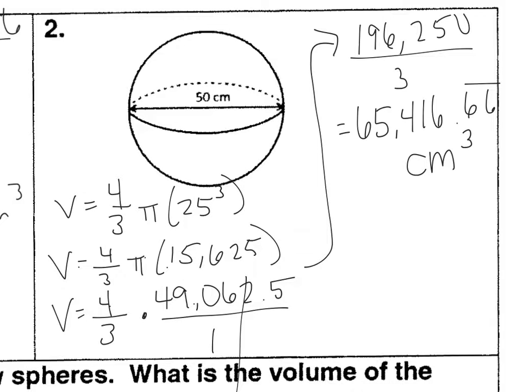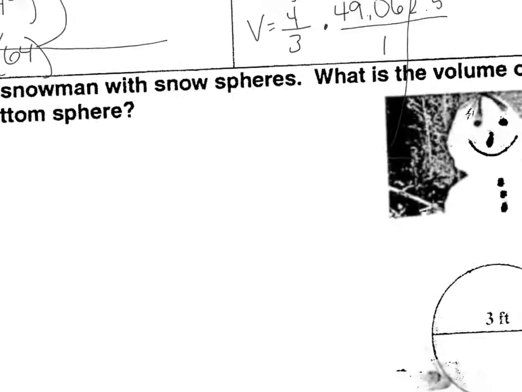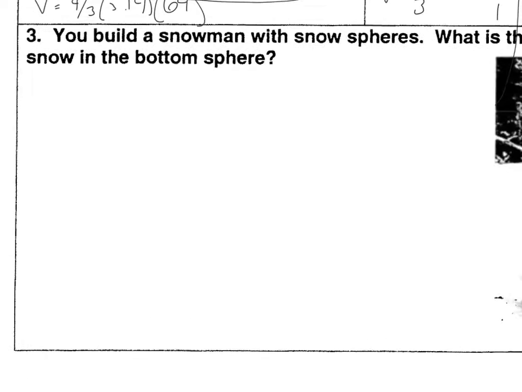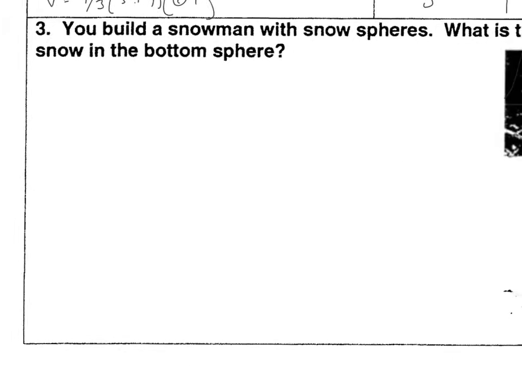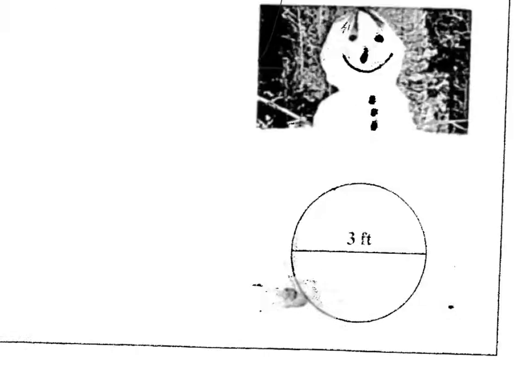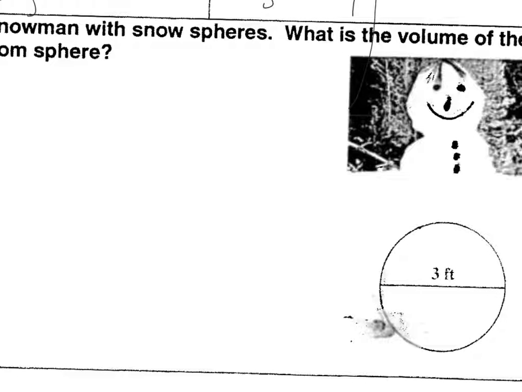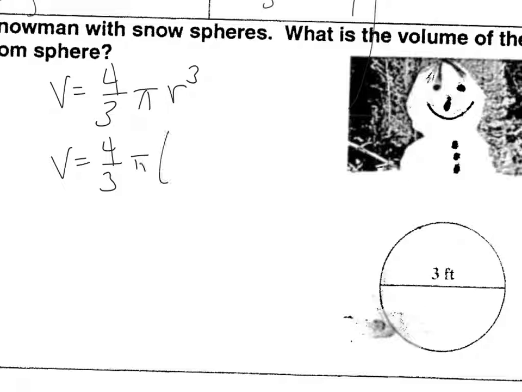Alright, my last problem that we have here. You build a snowman with snow spheres. What is the volume of the snow in the bottom sphere? Well, it tells us right here that our bottom sphere has a diameter of 3 feet. But remember, we don't want the diameter, we need the radius. Our radius is half of that, so half of 3 is going to give us 1.5. So our volume equation, 4 over 3 times pi r cubed. We said that our radius is half of 3, which is going to be 1.5